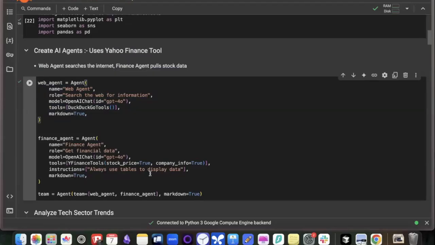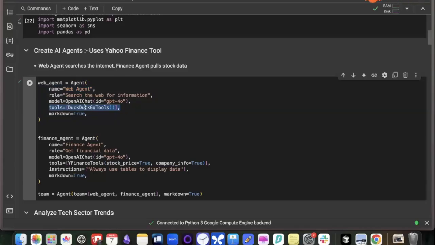If there is information that Yahoo Finance can give about stock price or company information, that is good. But whenever you are doing research, instead of just looking at the stock price or basic info, you might need a lot more to get the research done. So we are using two agents. The first is the web agent, which has access to the internet. It can do a DuckDuckGo search, or maybe you can use Google search also.